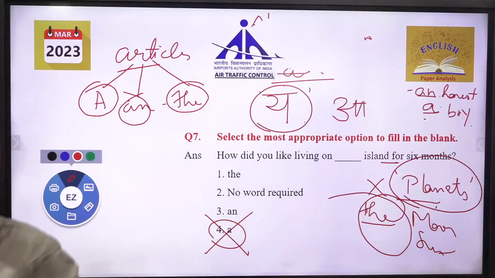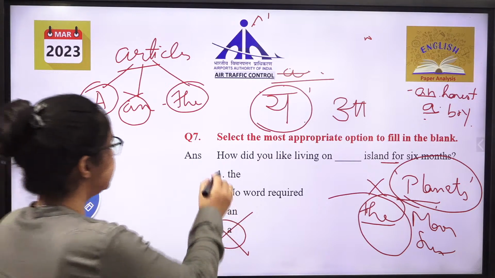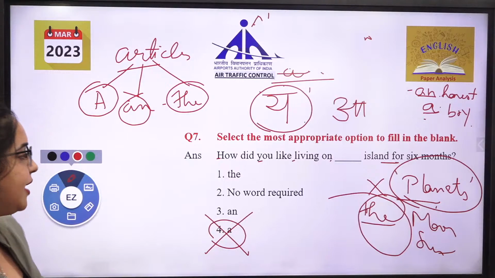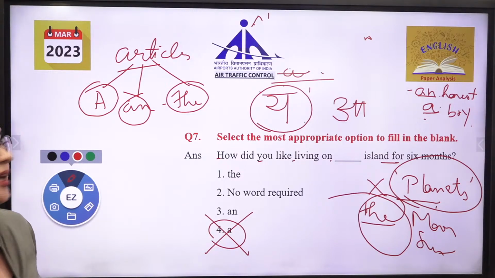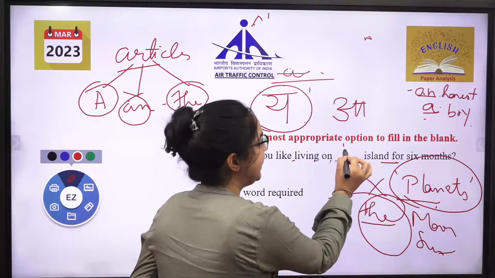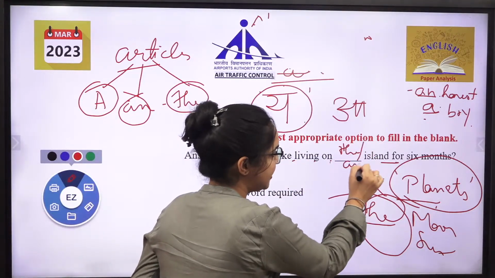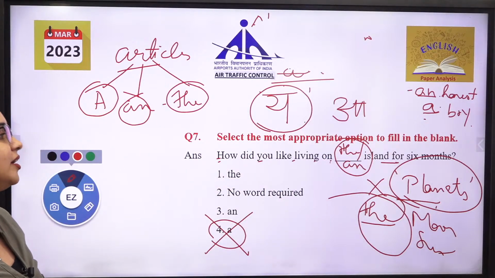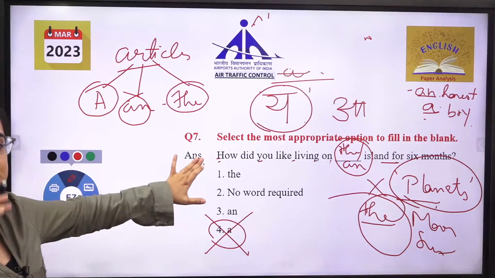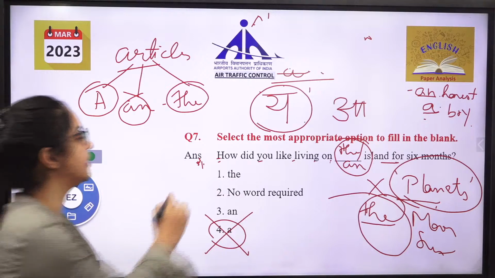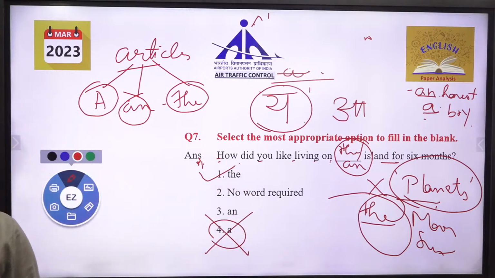So there is a list, right, where you can say, and we have to discuss about it. So first, how did you like living on dash Island for 6 months? The, an, or something like that. Great. It is, how did you like living on? It can be the, it can be an, that is an option. And here the answer is the option. Why am I giving you the? Because you are asking for a specific number. That yes, there you talked, it will be the article. Clear? Any problem in this one?